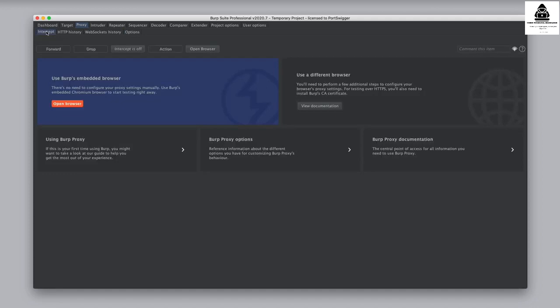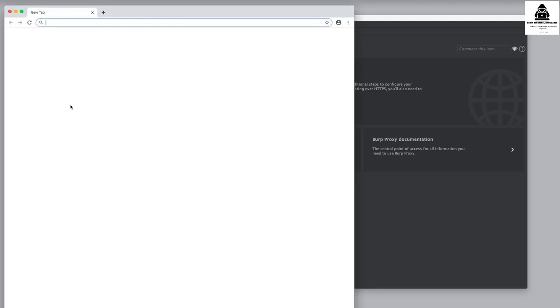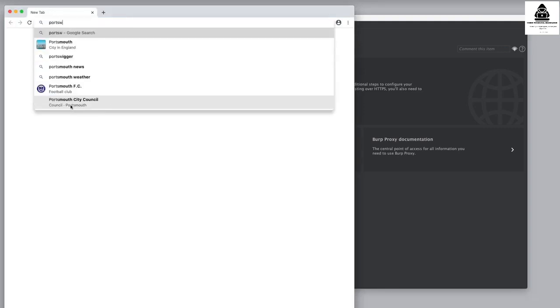The easiest way to start is to go to the Intercept tab and click on the Open Browser button. This will launch Burp's embedded browser, pre-configured to work with Burp Suite. This means that the browser will talk to Burp's proxy listener and it will work with Burp's TLS. So we click on Open Browser, the browser opens as normal. We then can visit